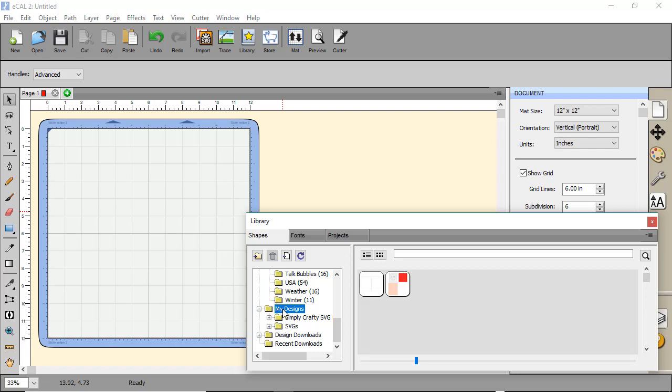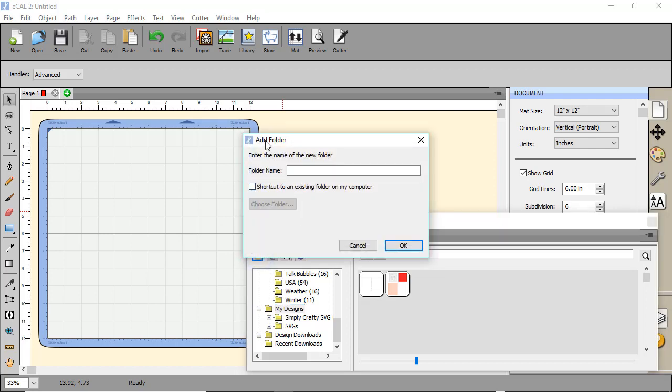But here's my other method I've used. I'm going to add a shortcut to an existing folder on my hard drive, because I like to store them and organize them independently of Shortcuts a Lot or eCAL 2. So we go ahead and hit this plus folder sign, add folder. And then I want to say a shortcut to an existing folder on my computer. And you can name it, but I'm just going to take the existing name. I'm going to click choose folder,